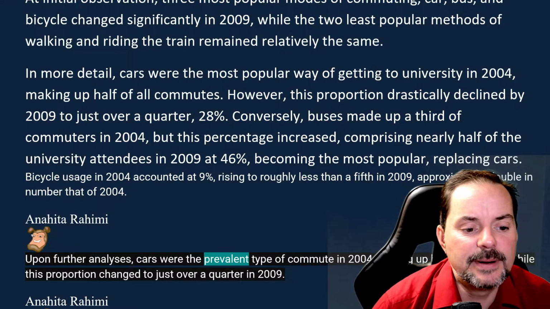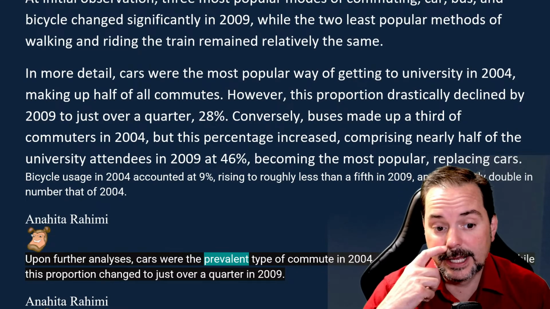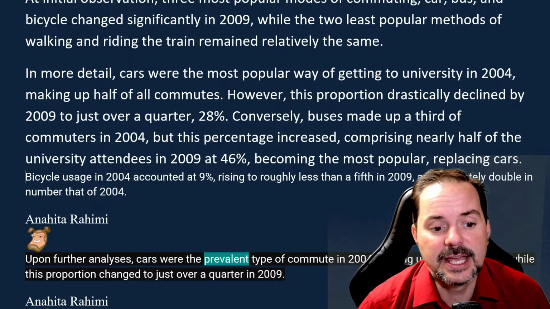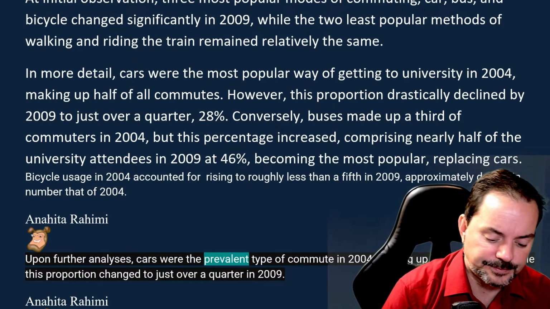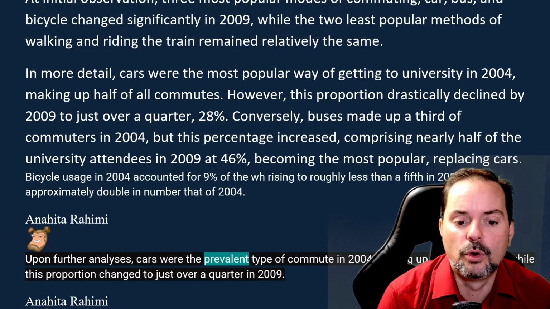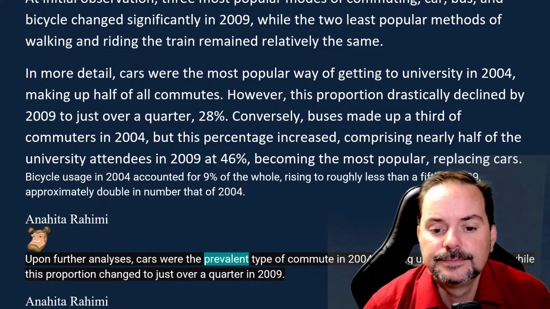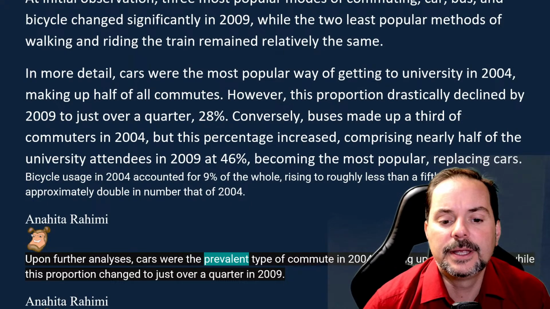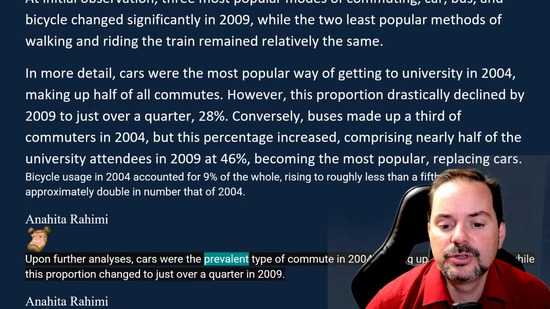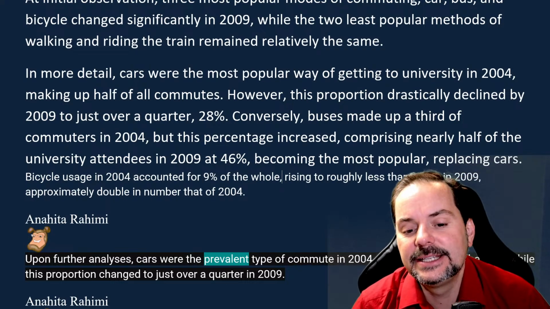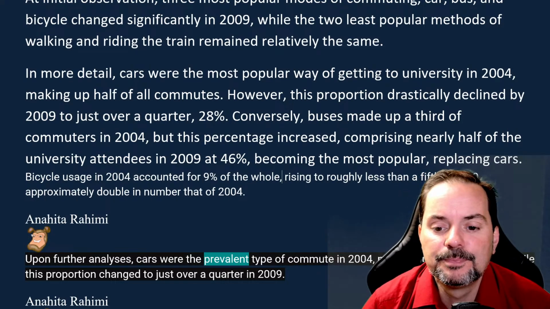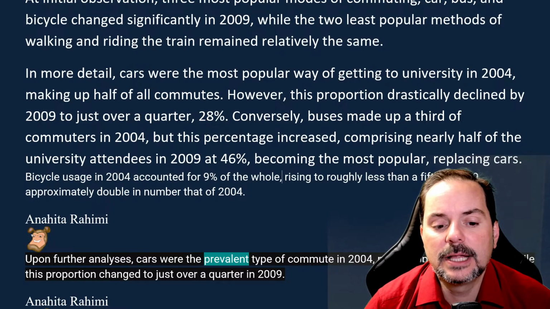So Angel says bicycle usage in 2004 accounted for 9% of the whole, increasing to roughly less than a fifth in 2009. I would say doubling. Okay, so now bicycle and